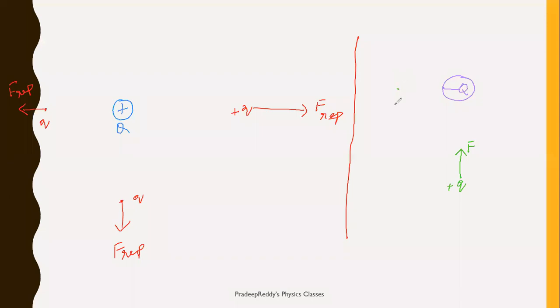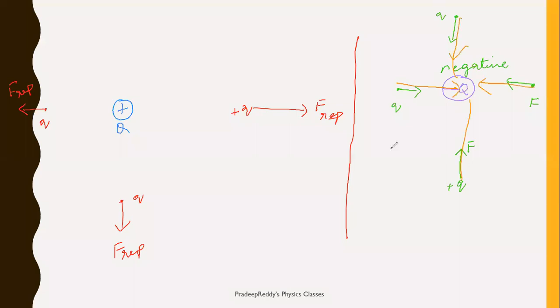I can take one more charge, same test charge I will be placing here. There is attractive force. I can take same q charge over here, there is attractive force. And I can take same q charge over here, there is attractive force. Anywhere you can place it in the region surrounded by this negative charge, there is an attractive force, and that attractive force is along the line joining the two charges, and I will be representing it this way. Attractive force between two charges.